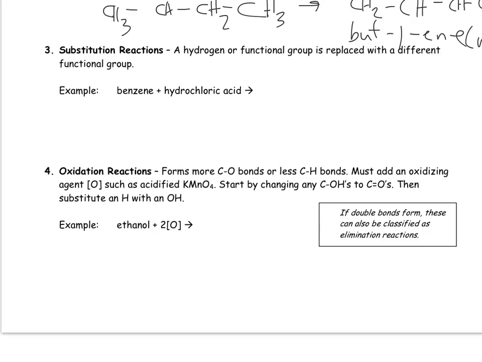Here's an example of a substitution that works. If I have a benzene and I react it with hydrochloric acid, I'll just show the line diagram of the benzene here. Remember, each carbon has 1.5 bonds in the ring. That means they each have one hydrogen attached as well. Now, substitutions are the only reactions that aromatics tend to do because the 1.5 bond system in the ring is really stable. What I'm going to do is remove this hydrogen,